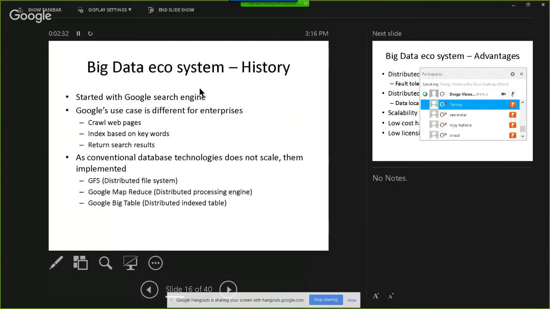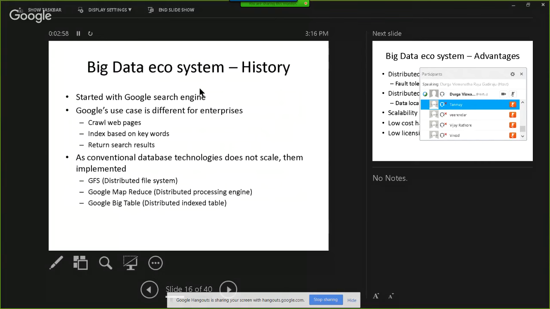They crawl all the web pages, dump the data into GFS, most likely, and then run MapReduce to do the processing in a distributed model, and index and store it into an indexed table. Google Bigtable is nothing but an index where the key is the keyword people are trying to search, and the value is the search results.